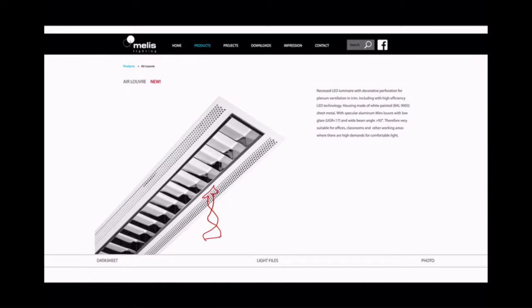So we may redistribute the warm room air from the core to the perimeter, or we may exhaust it, or we may just send it back through the air handling unit to cool it off again. But either way, the idea was for this type of luminaire, and I have the name,